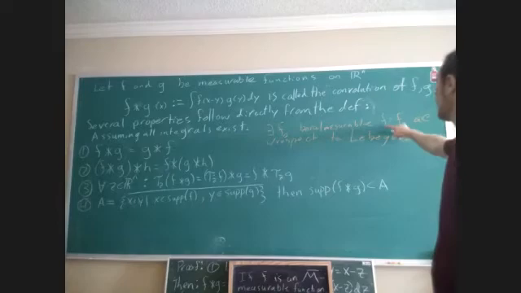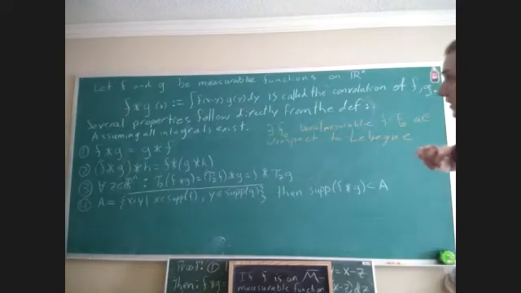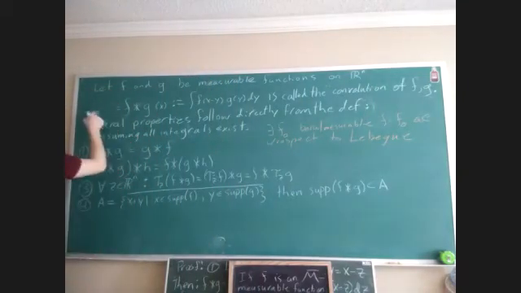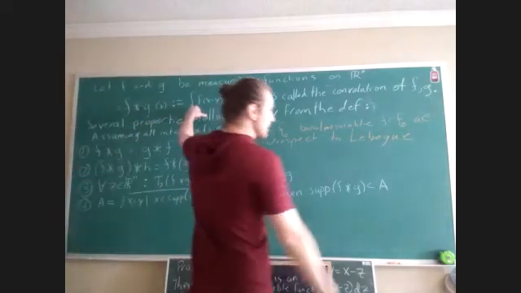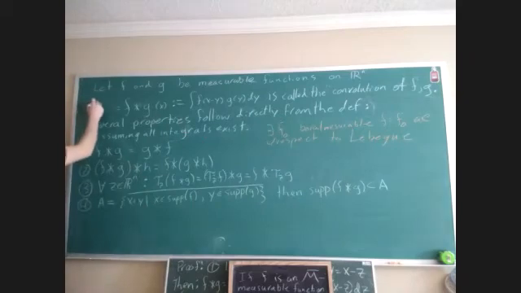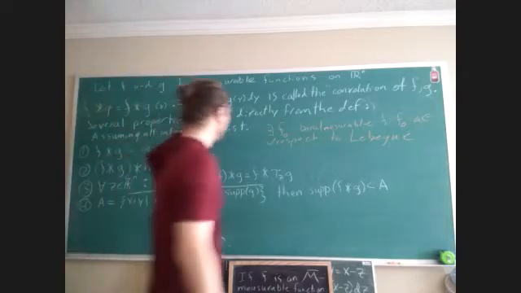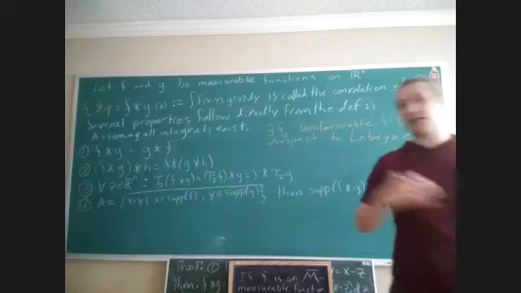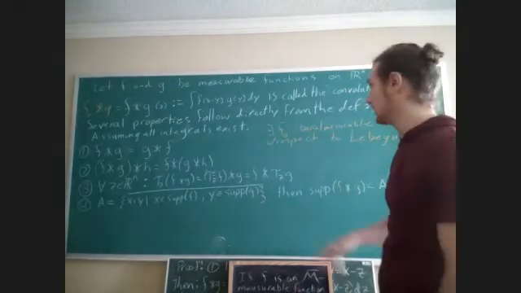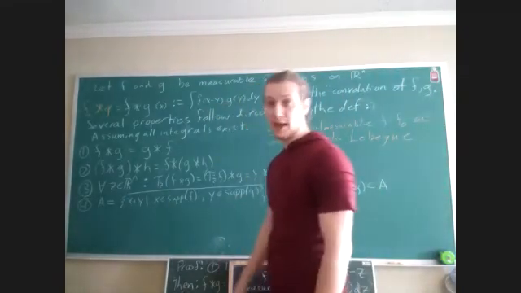So because they're almost everywhere equivalent with respect to the Lebesgue measure, we can swap out f in our definition. Because we're taking a Lebesgue integral, I can swap out f with f naught. And now we have that this is equal to f naught star g. And this guy is Borel measurable. So we get that the composition of it with the continuous function x minus y is also Borel measurable, which means that it's Lebesgue.